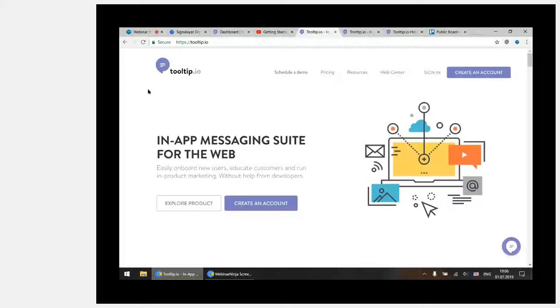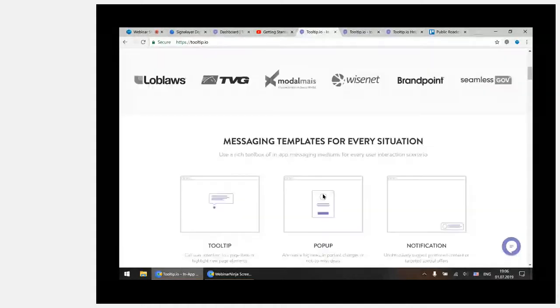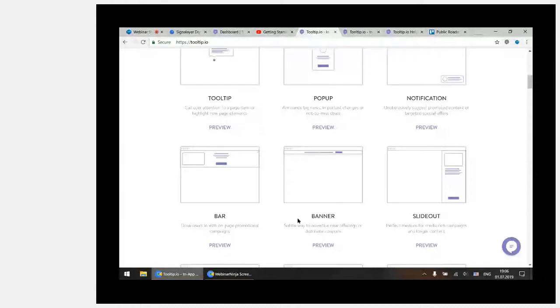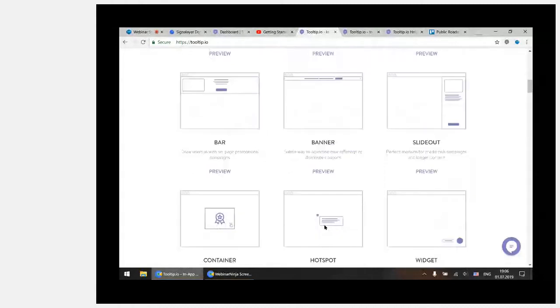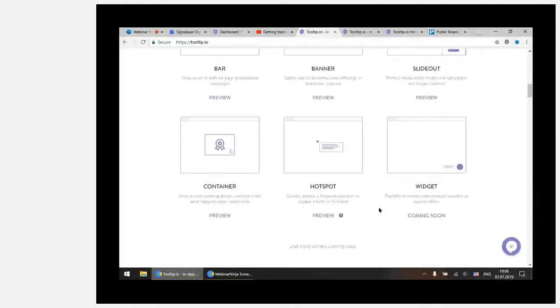We've always thought of Tooltip as a versatile toolbox for various different use cases. That's why it's called an in-app messaging suite for the web. I personally come from a product marketing, product management background, and one of the problems that we personally faced was messaging our own users, keeping them abreast of changes, getting them up to speed on new features that we roll out,